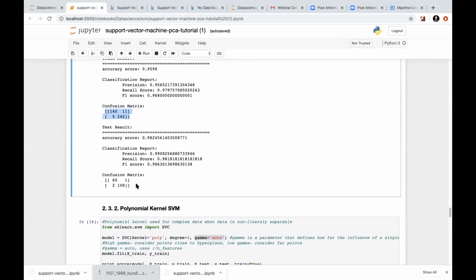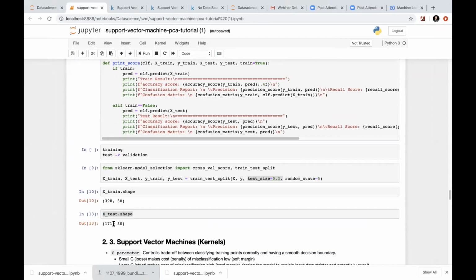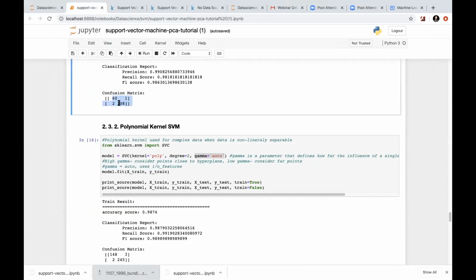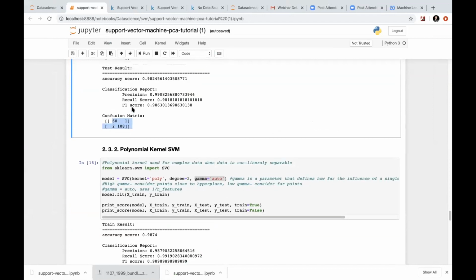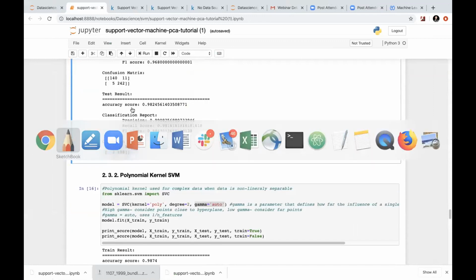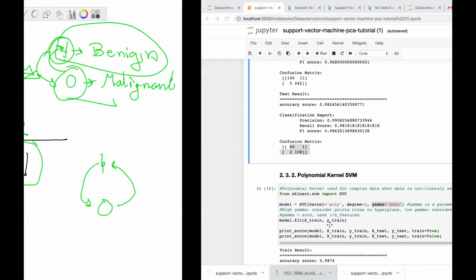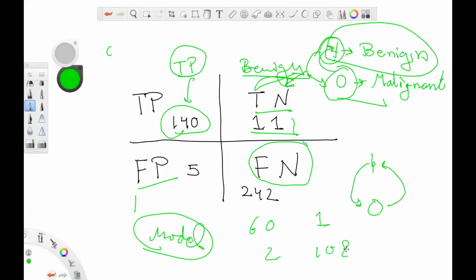Now we have the confusion matrix of the testing data, where we saw 171 data points, right? And how it is performing on that data set matters. So 60 and 108 true positives, and false negatives.